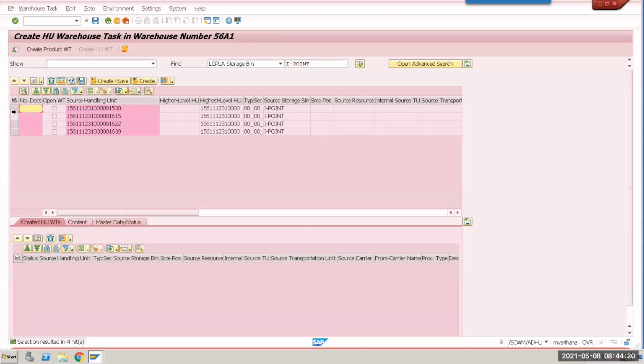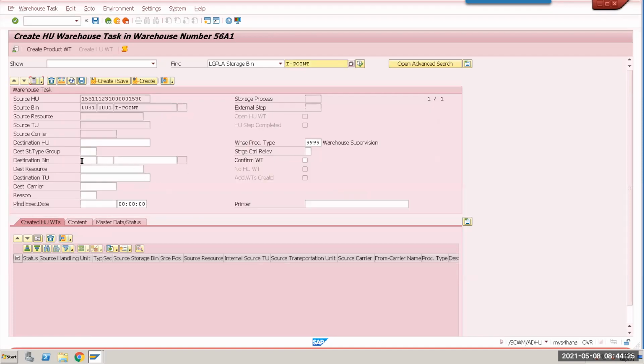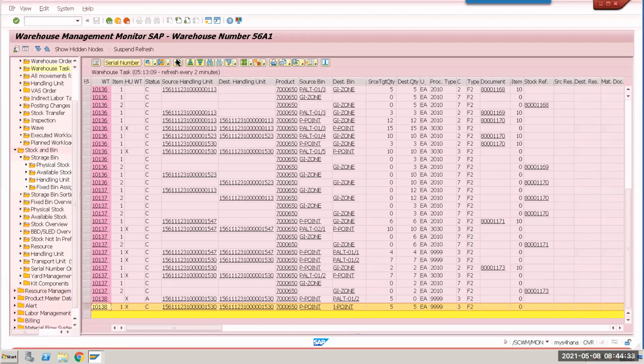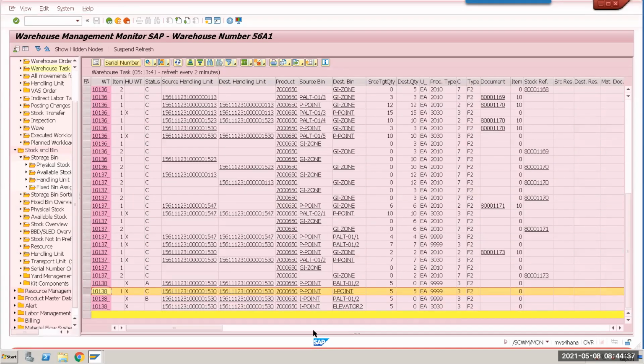Oh my God, a lot of things are waiting over here. It's 1530 is mine. So 999 to go to 56 AP. It will create two tasks. The story begins. Oh, okay.